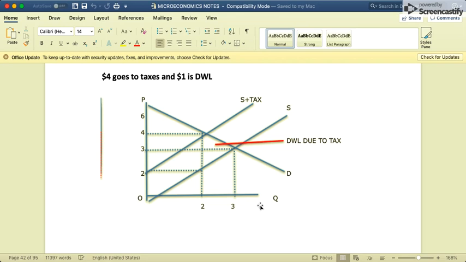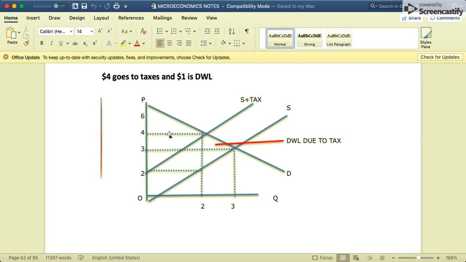Deadweight loss. So we were here, at 3 and 3. Then the amount of tax, you can see we were here at 0, now we're at 2. So this vertical difference tells us that the tax was $2. So our supply curve is shifting left by the amount of tax. Now we intersect here,